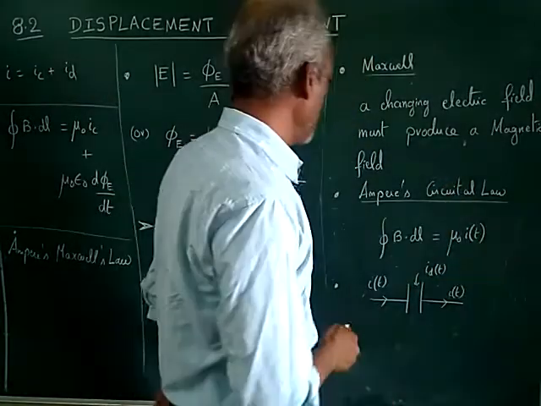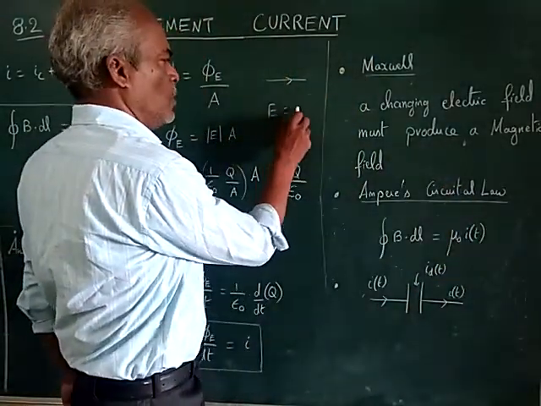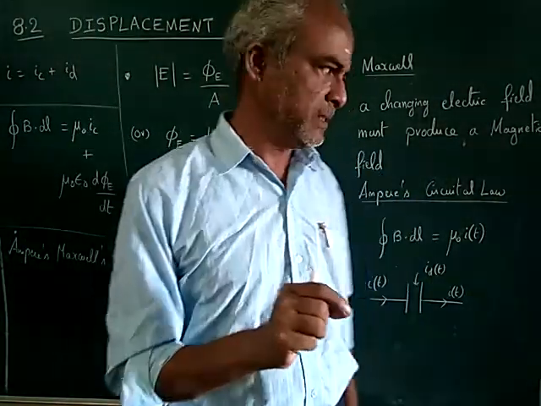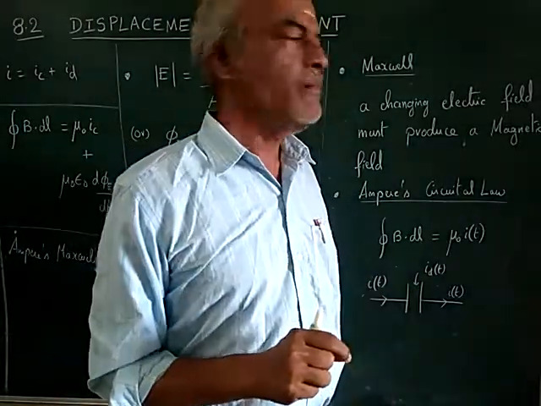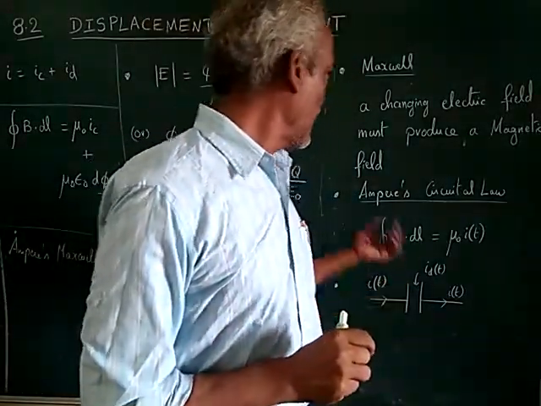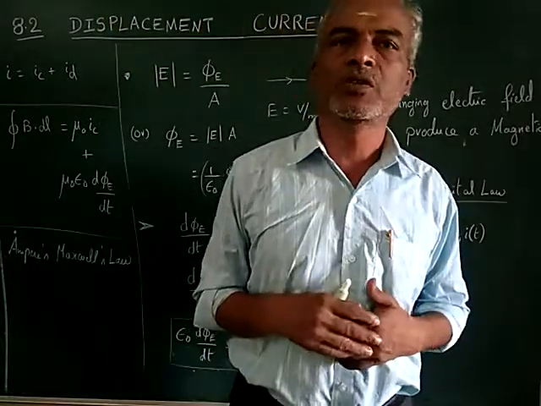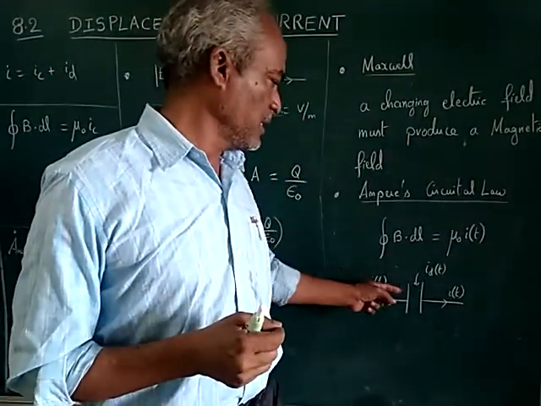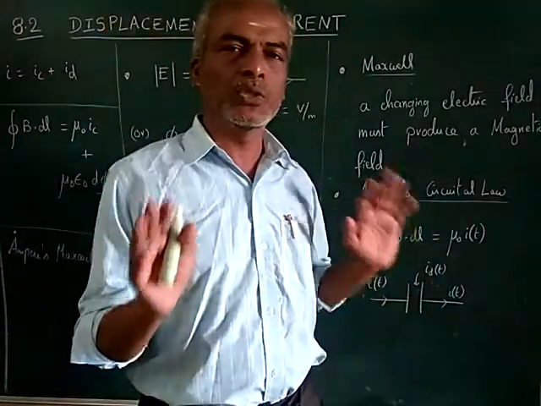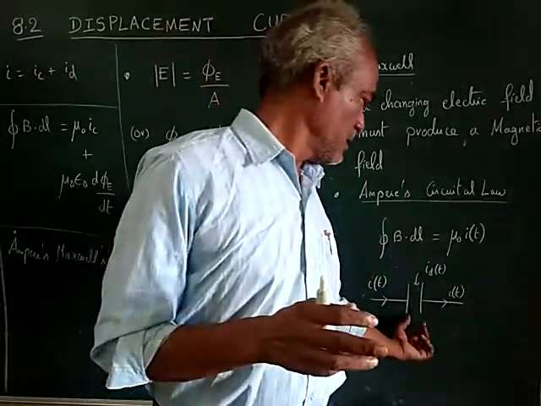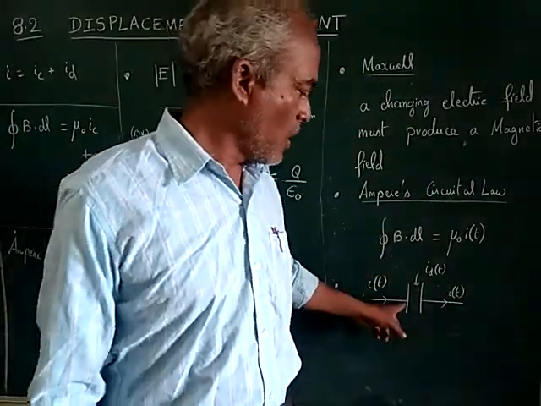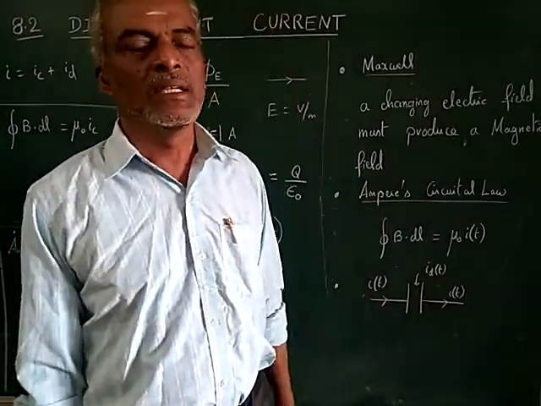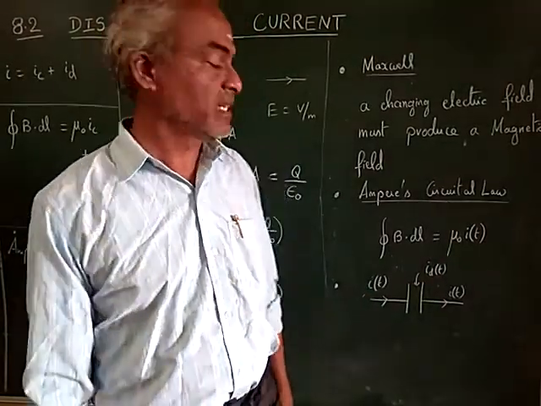We know the formula for electric field, volts per meter, that means the voltage between the plates divided by the distance. Because the current is time varying, the voltage is going to be time varying. So since the current is varying, the voltage between the plates has to vary, divided by the length. The distance is fixed. And what's happening in between this plate and this plate, we call displacement current or Maxwell's current.